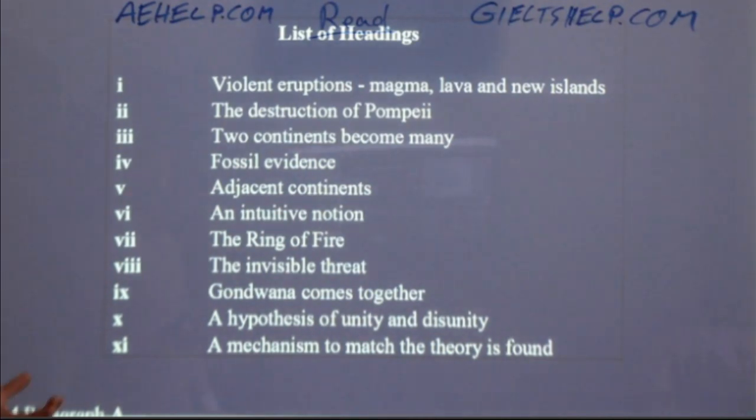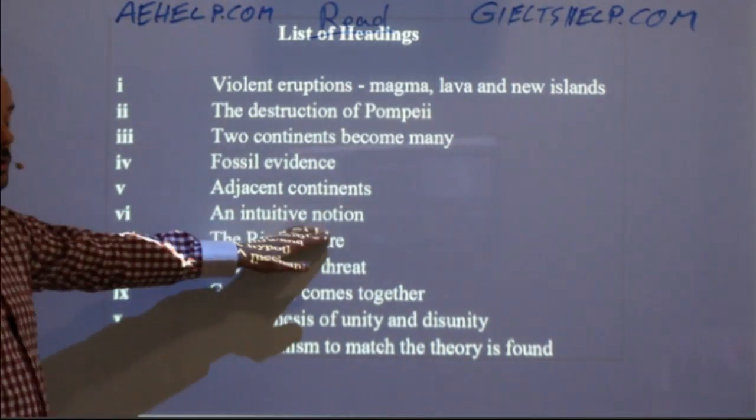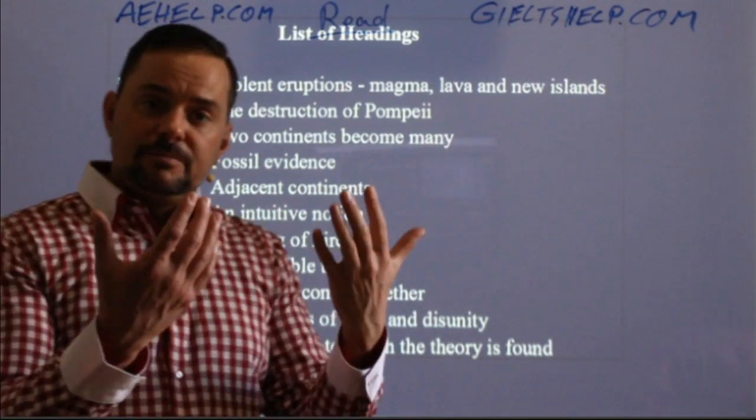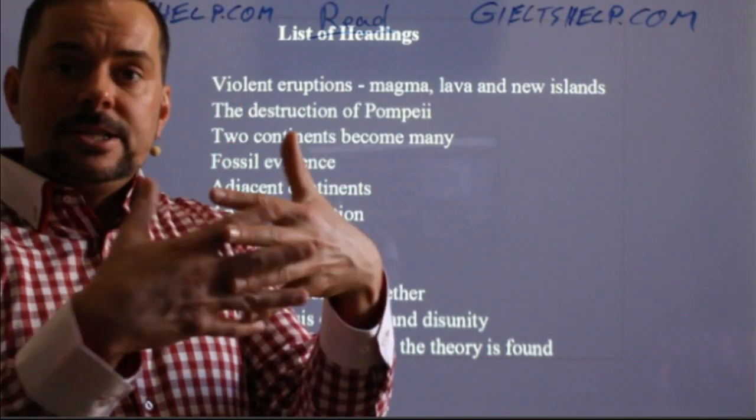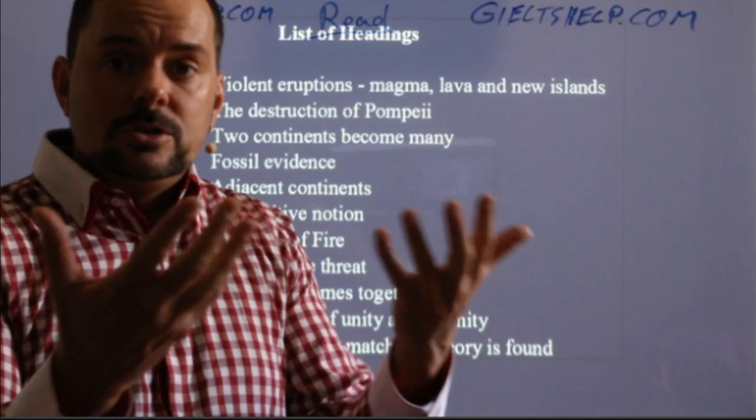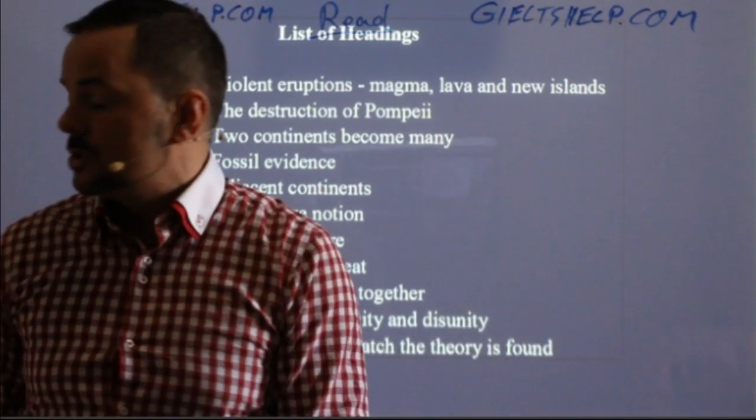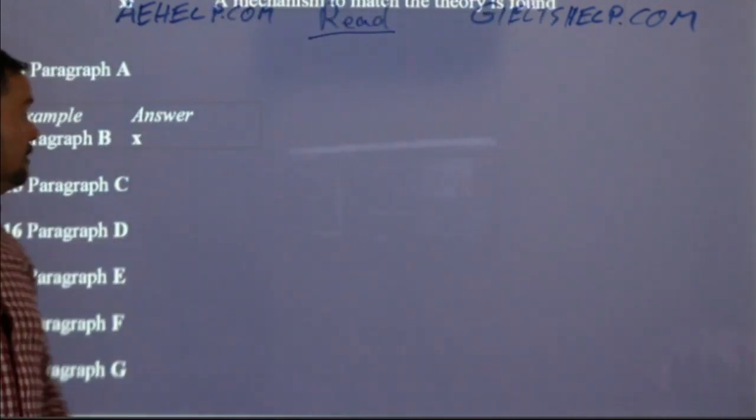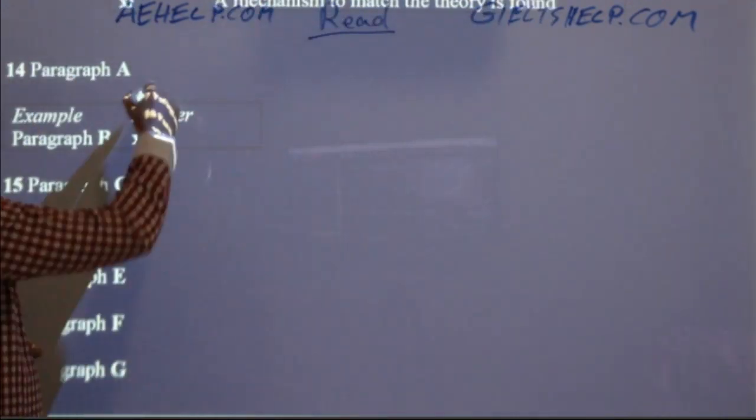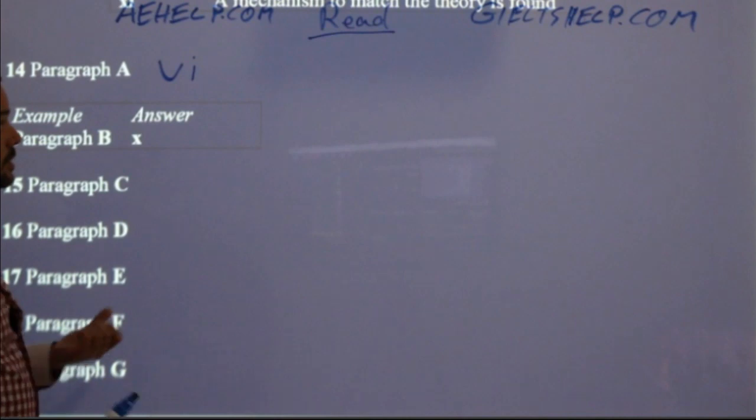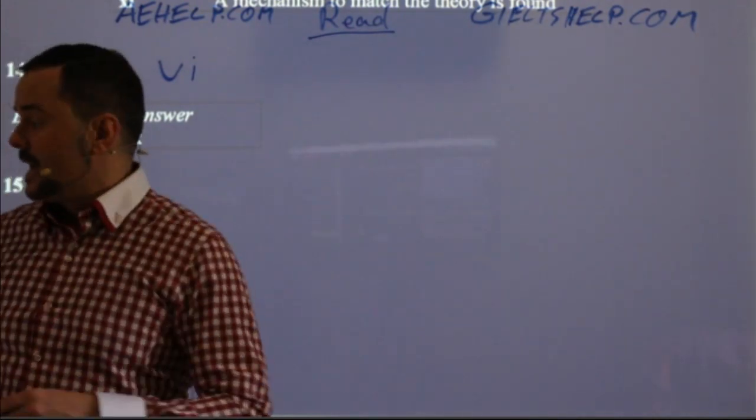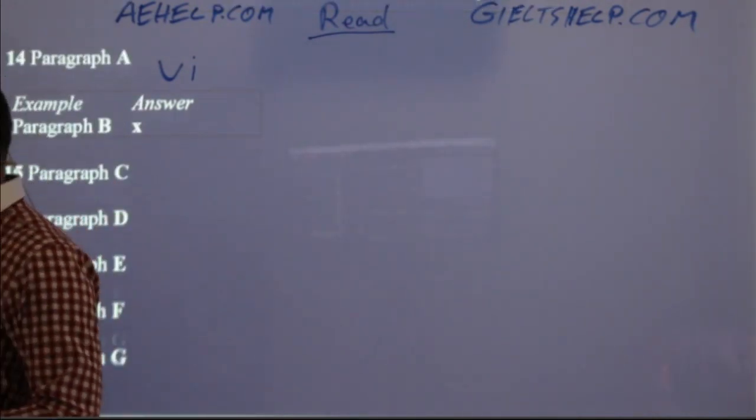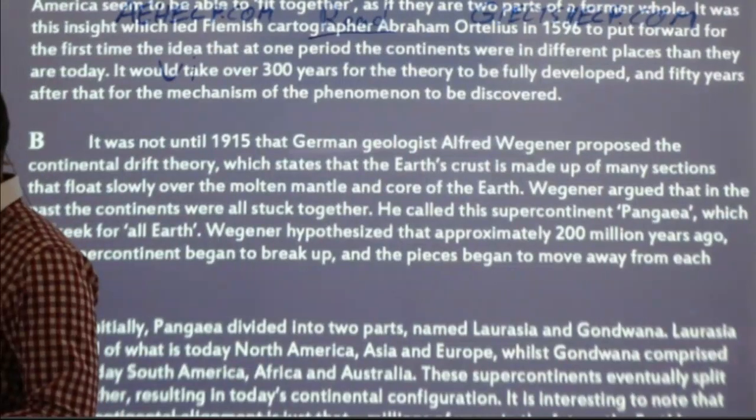Which one of these matches mine the closest? Yeah, VI, an intuitive notion, right? It's a logical idea. Again, that picture of me looking at a map of the world and seeing the continents fit together. It's a logical idea, okay? So don't overthink it. So then we indicate VI on the answer key like this. It's an intuitive notion. And we go to the next question. Okay? So let's read